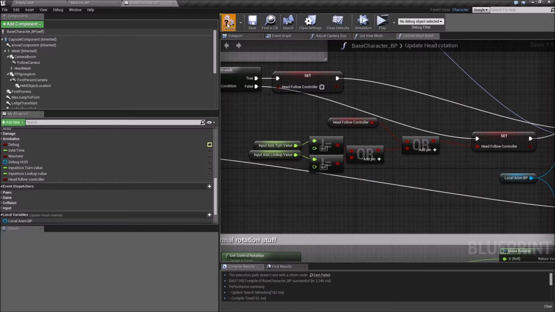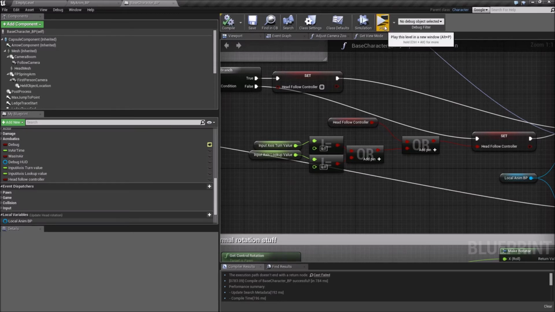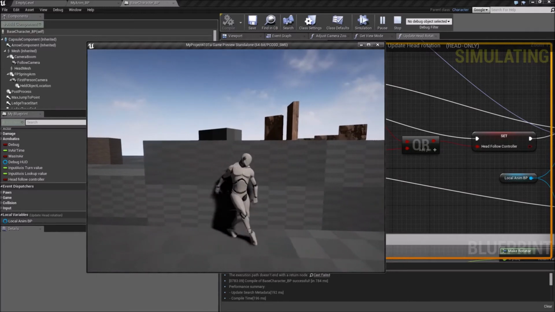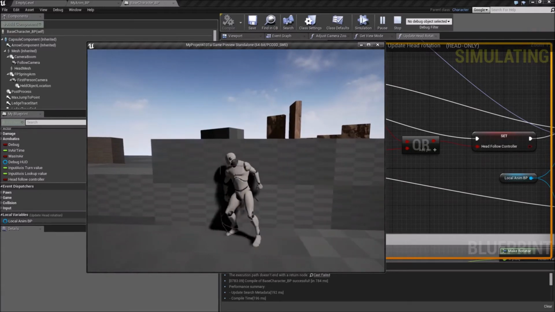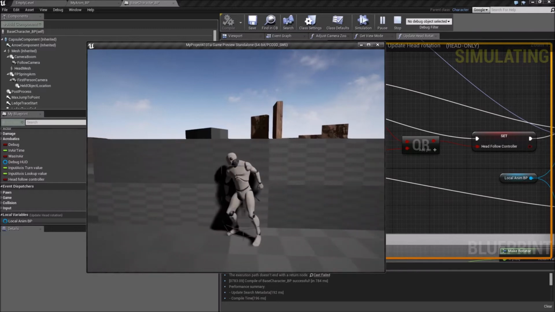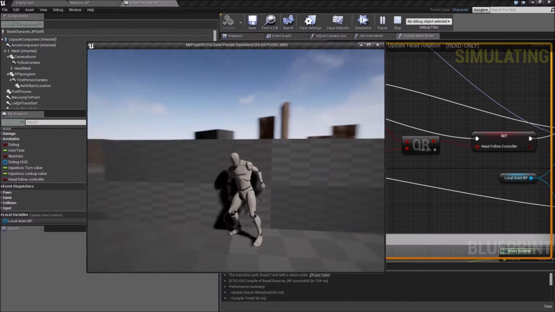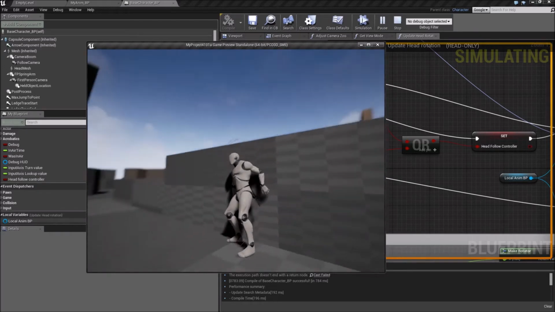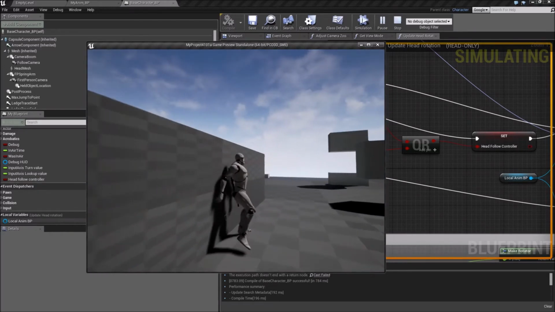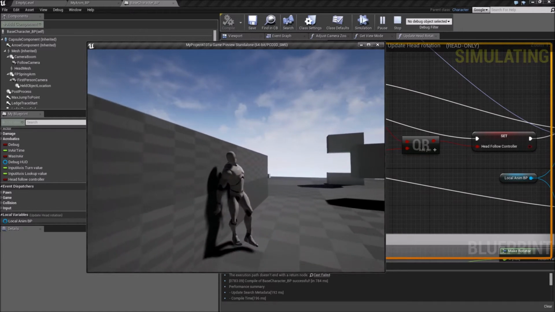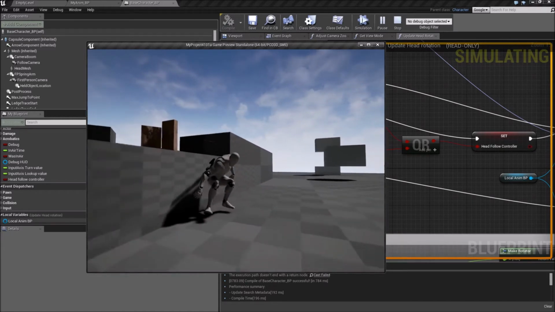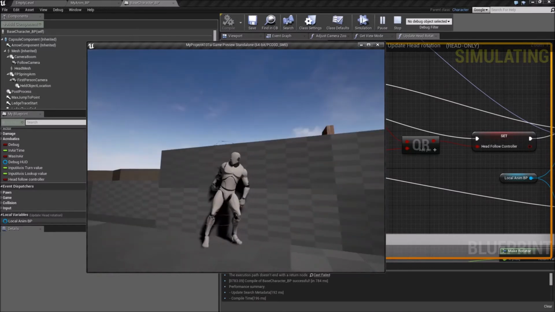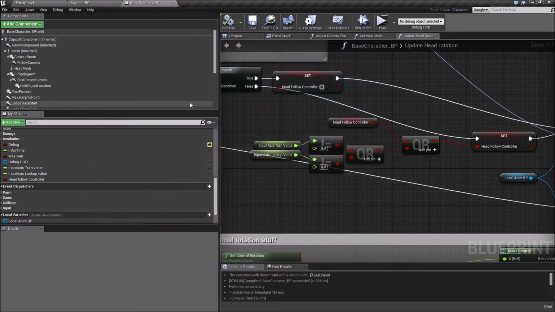So let's test this out and see how that looks. Okay, so as you can see now, he keeps the rotation, and if I move the mouse, he's gonna pop his head out, and then he's gonna follow the rotation around. And if I start to move again, he will return the head to the way he's moving. Okay, so since we don't like the popping of the head still, I'm just gonna throw in